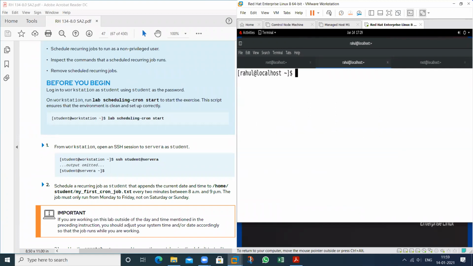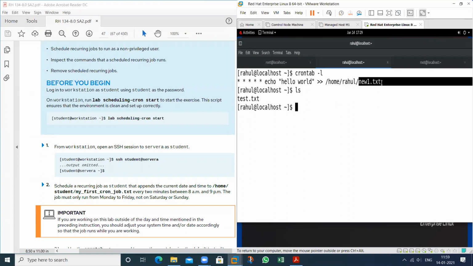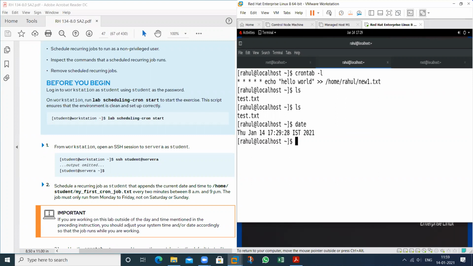See the result. Who assigned this particular task? Rahul user. And this will happen after 1 minute. The new1.txt file will be created and this particular message will be redirected into this file. See, will this happen or not? After 1 minute, this message will be printed.